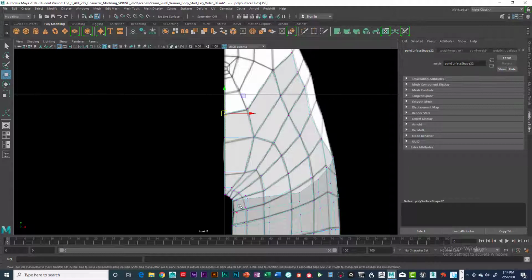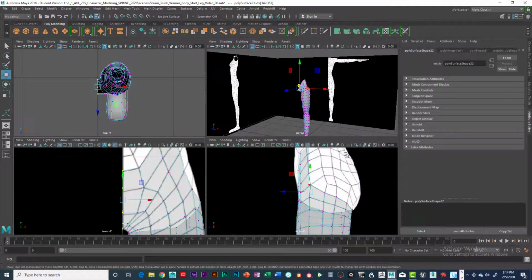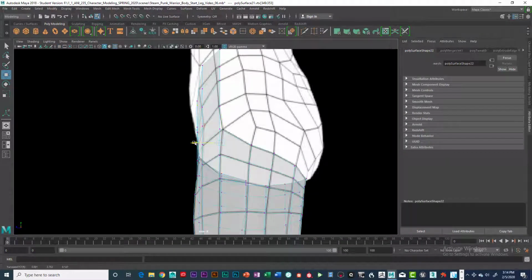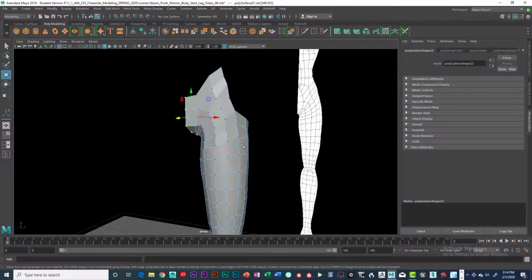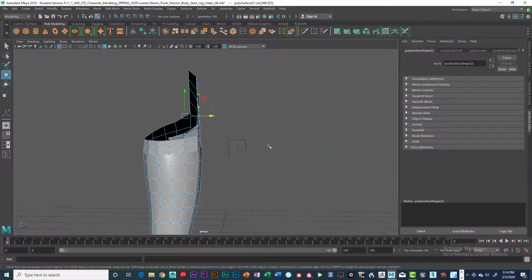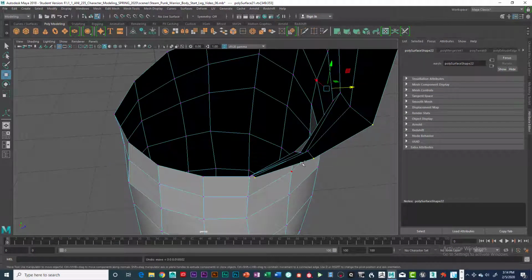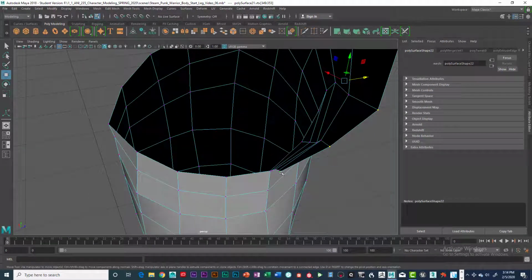So let's select these vertices right now, right down the center like that, and we can move those out a little bit. Let's not move them out so much right here. Just look at the perspective view. We don't want to move that forward. Okay, so let's go ahead and Control Z back, and let's delete this, unselect this one